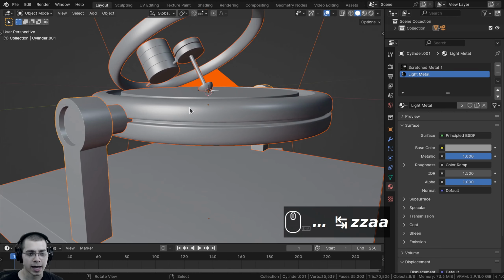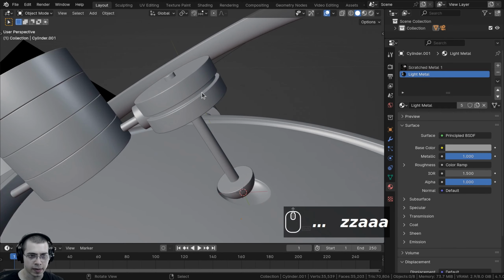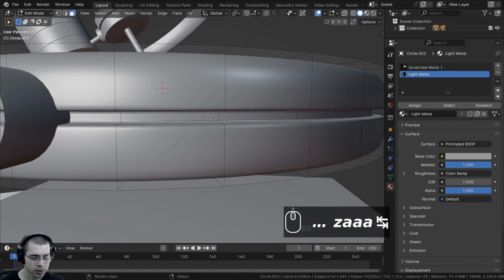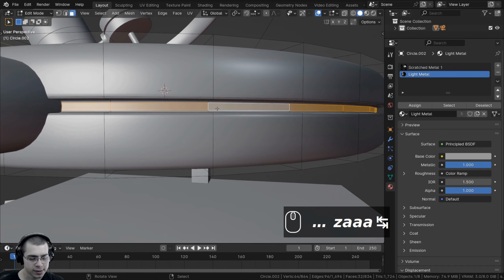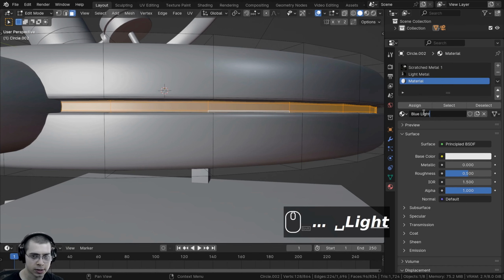Now I also want to add a glowing blue light, and I want to add it into this little piece here and also right there in that piece. So we'll select this piece and go into edit mode, and I'm going to hold down the Alt key and select that loop of faces there, and then Shift and Alt and select that one there and that one there, and we'll create a new material. So I'll click on the plus here to add a new material slot. We'll click on new, and I can just call this material blue light.